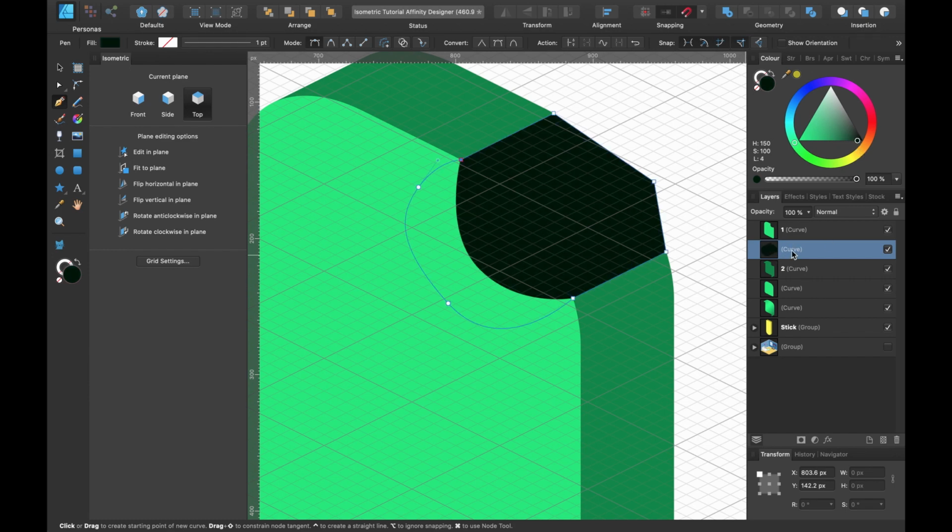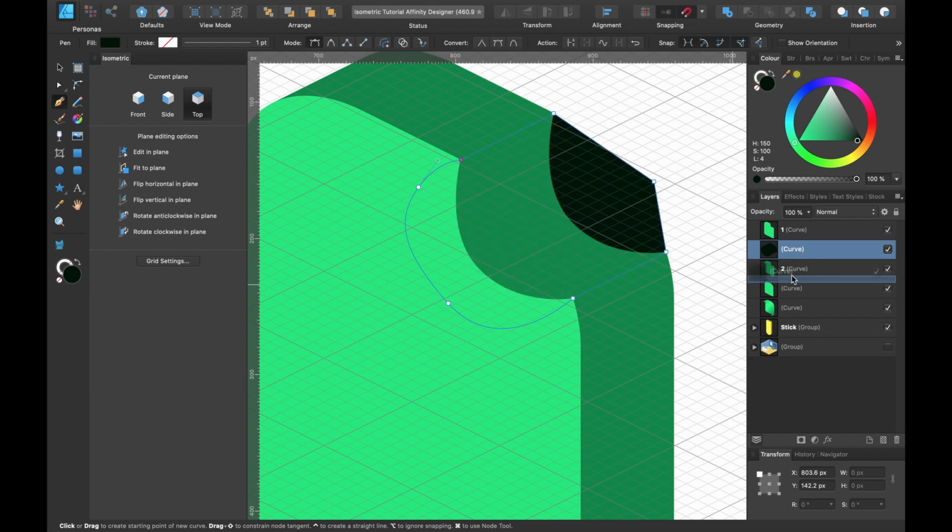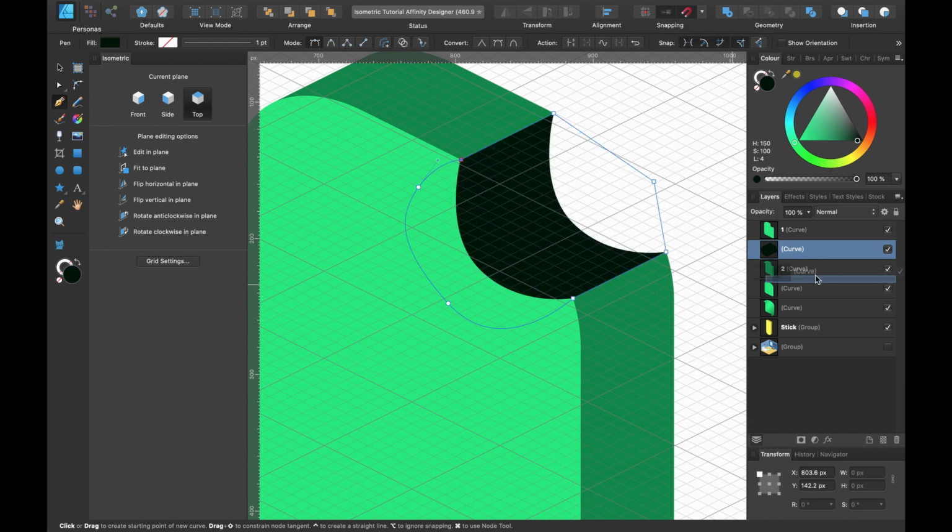And we're going to want to clip this black inside of our shape underneath. So in the layers panel, I'll just click and drag down, and slightly to the right, you can see it moving there. It's clipped inside. If I go out, no, it's not clipped. Drag to the right, it's clipped in there.